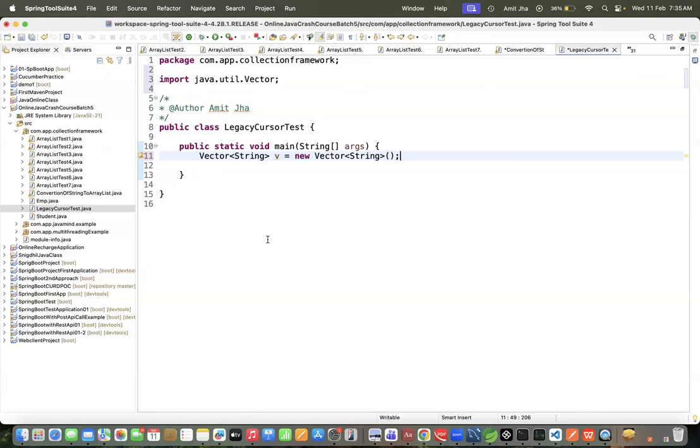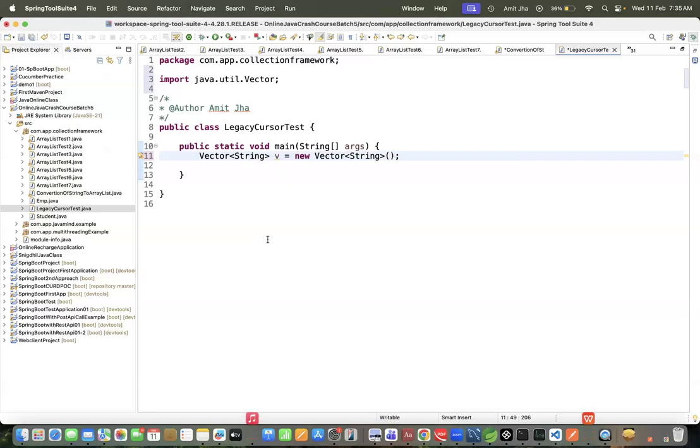So you can see in your project, if any places the Vector class is used for storing or holding the data, and they would like to read data, definitely they use only the Enumeration cursor. Apart from that, we have no other option to read data of the Vector class. Correct? Because Vector is a legacy class. Why? Because introduced in Java 1.0, it is synchronized. Whatever class is introduced in Java 1.0, all the classes are synchronized by default. What is synchronized? It means at a single time, only one thread will perform its execution. Isn't it?